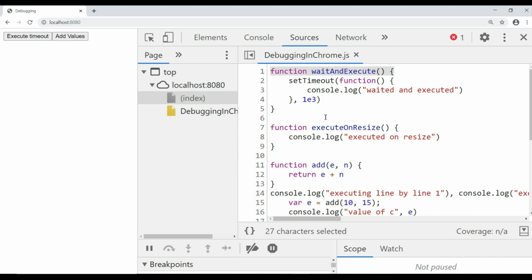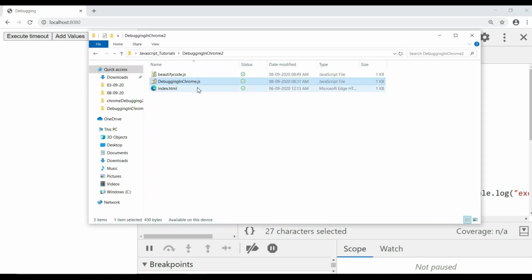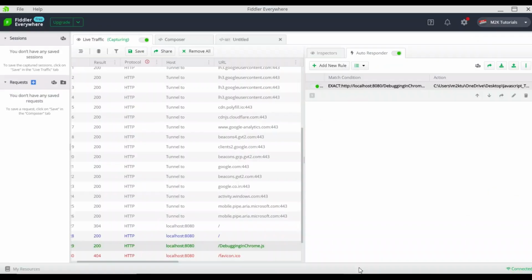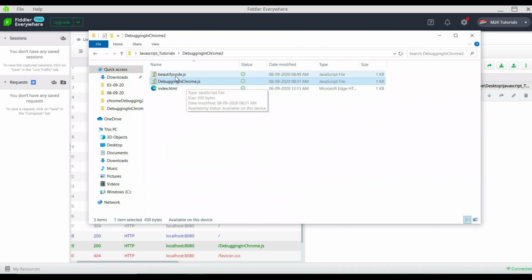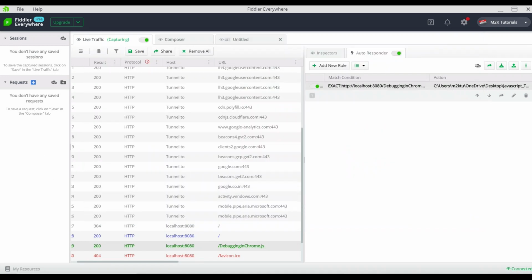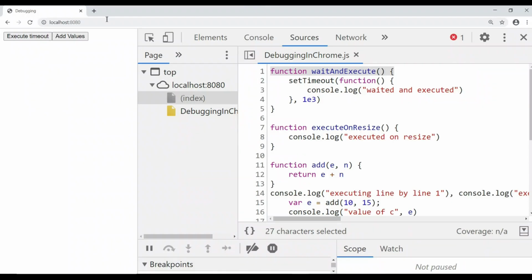So this one was the minified file, you put one rule that instead of this minified file you need this beautified file. Okay, so whenever Chrome or any browser is loading your debugging in chrome.js, Fiddler is replacing it with your beautified code, and now it will work as you want, meaning you can debug it.